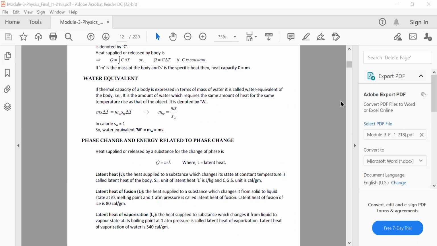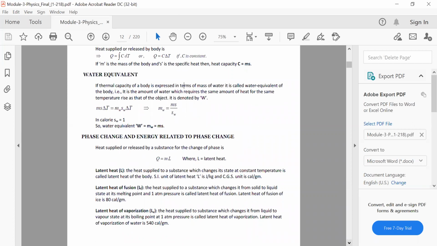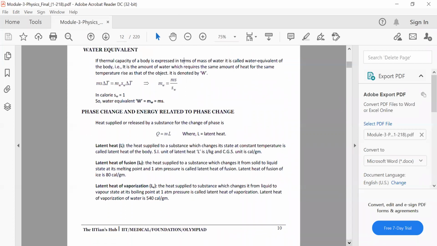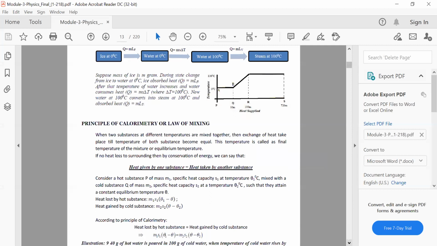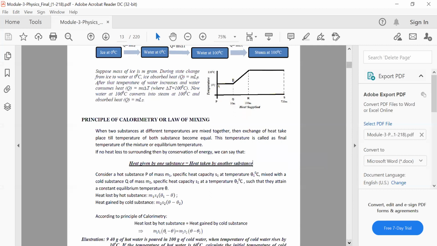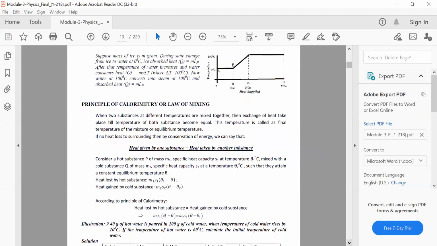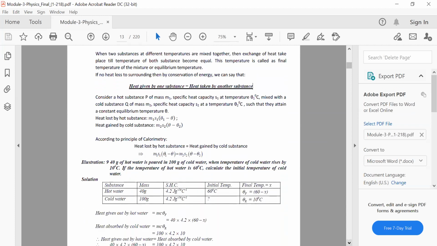So again, the main thing you have to concentrate on in calorimetry is the heat exchange type of problems. Principle of calorimetry type of problems. Okay, the principle of calorimetry being that the heat given by the substance which is being cooled down is equal to the heat absorbed by the other substance which is getting heated. So those types of questions we have done, where you have a mixture of ice and water or something else, and you have to find the final equilibrium temperature. So heat lost has to be equated with heat gained.